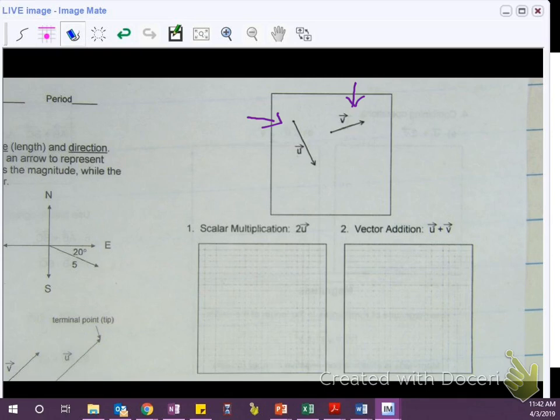Okay. But we have to count them, though, right? So we have to count this and this, and it didn't print, so